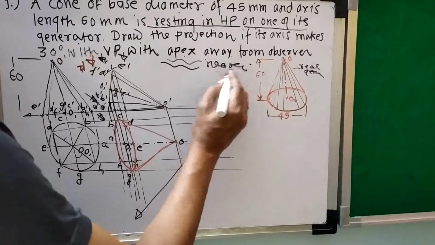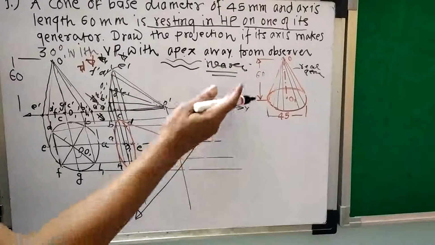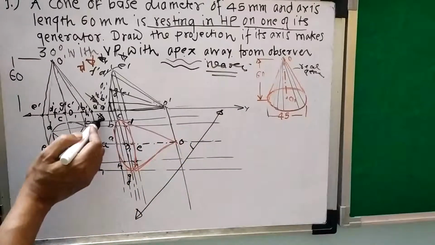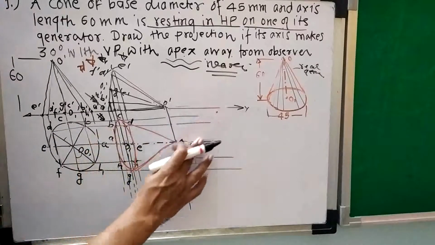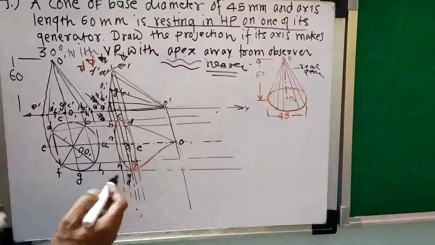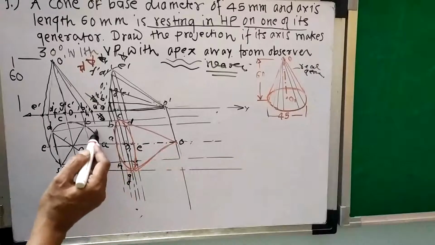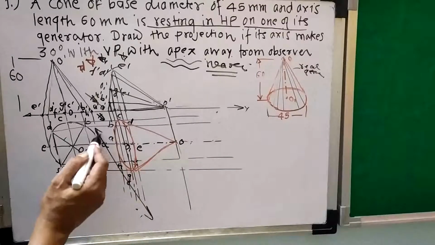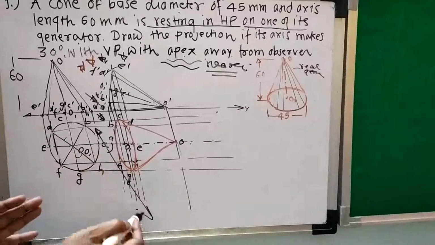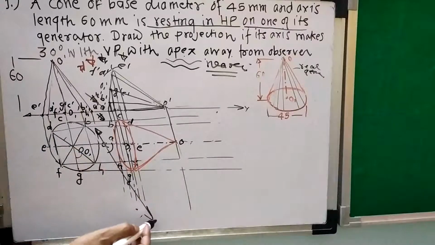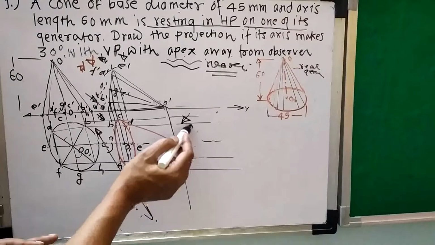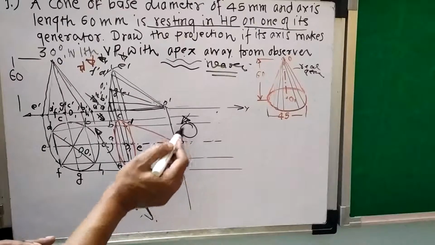If the nearer condition is given and you make this inclination, it will not satisfy, because the observer will come and it will be away. So for the nearer condition, instead of the inclination on the right hand side for this axis, you can take the inclination here, to this axis, with x1 y1 here. Now this is your x1 y1 line. This is your object, so the observer will be here. Now in this situation, the apex is nearer to the observer.